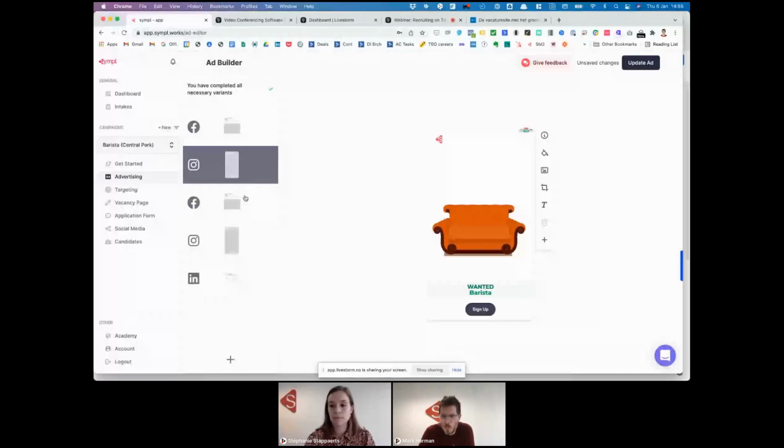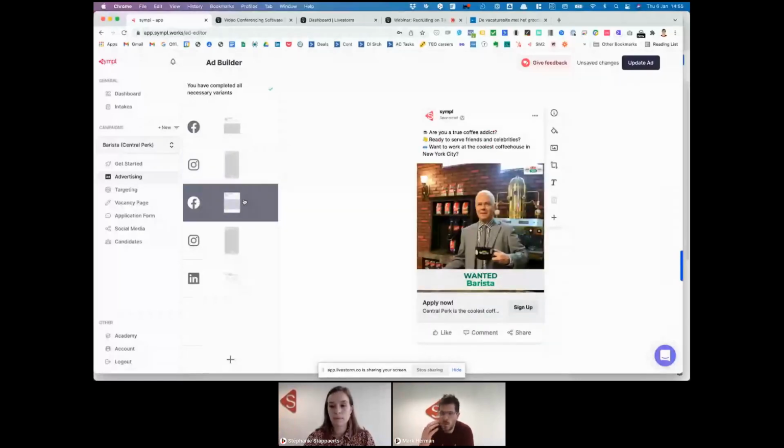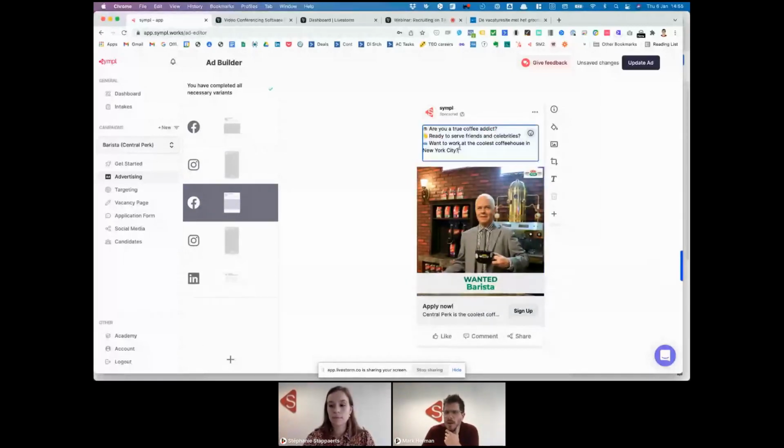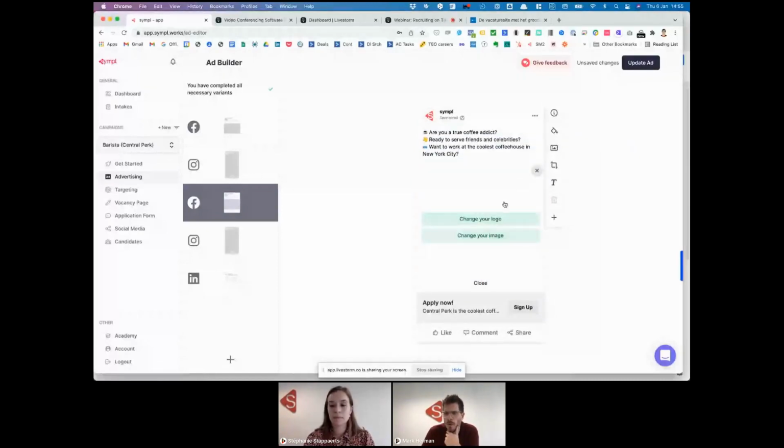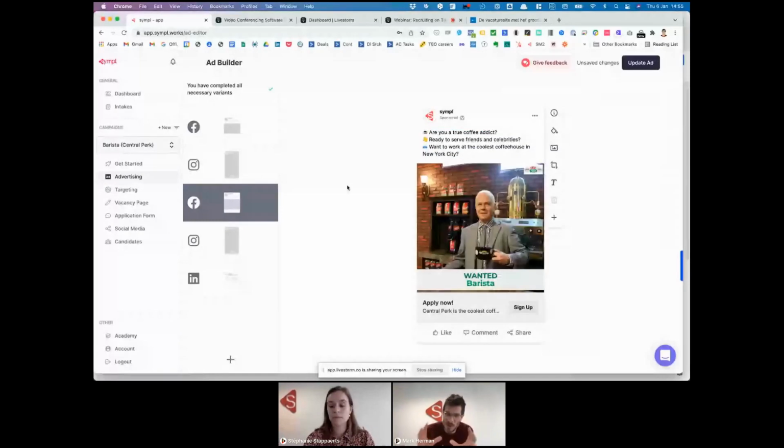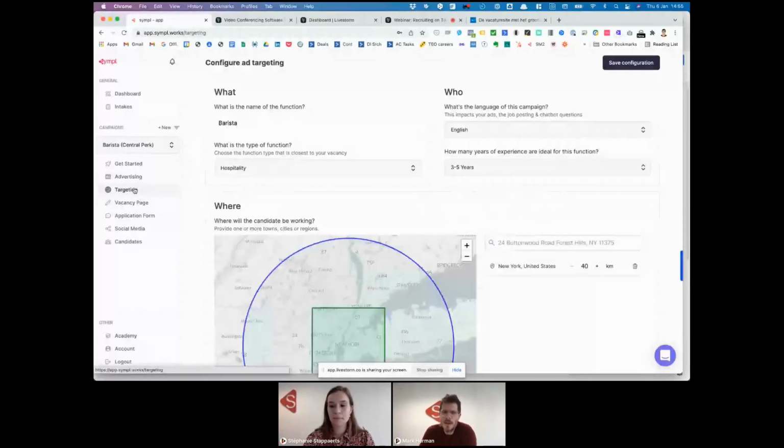We also make it very easy to A/B test different visuals. It's as easy as clicking here, changing the text, uploading your logo, uploading your image. So everything to set up your campaign is here. You can look and then define your targeting.